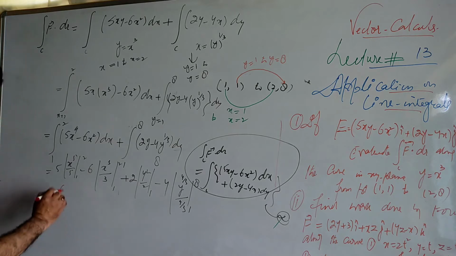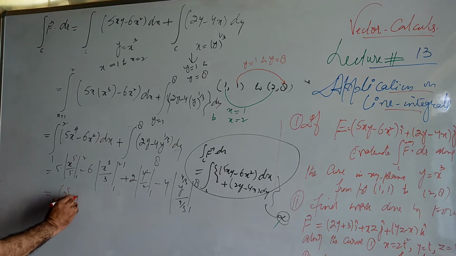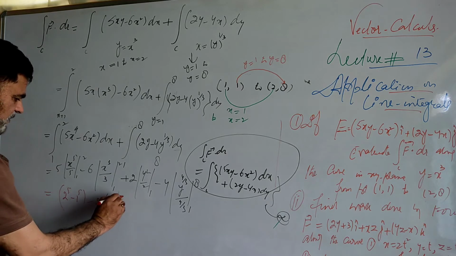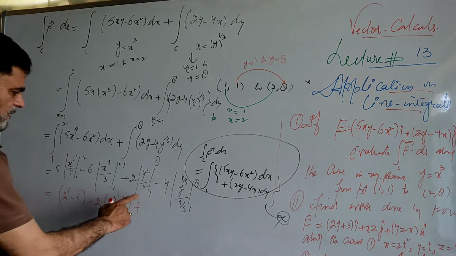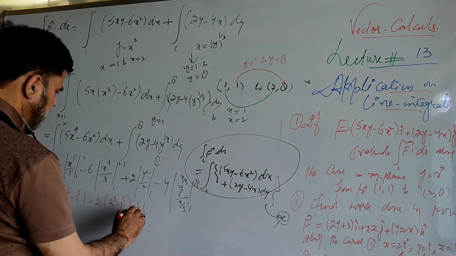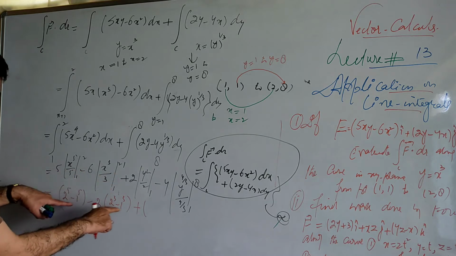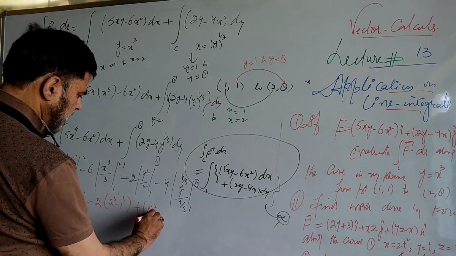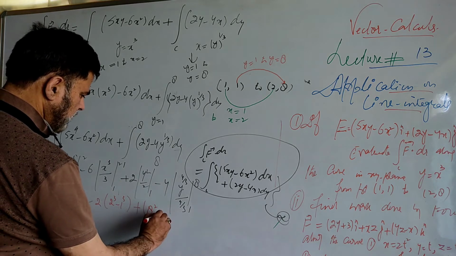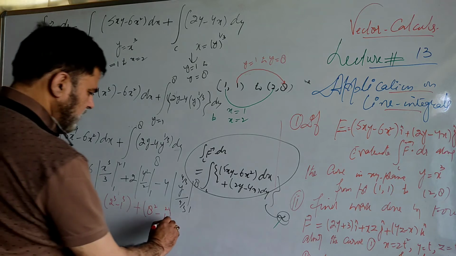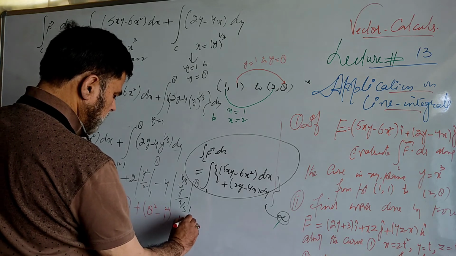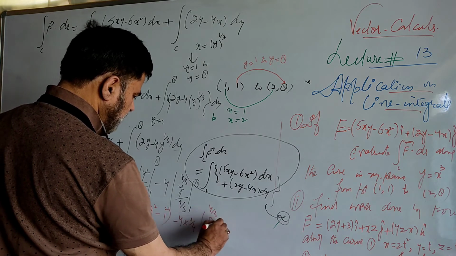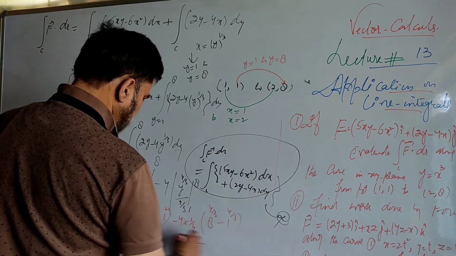This is your 2 raised to power 5 minus 1 raised to power 5 minus 2, it is 2 raised to power 3 minus 1 raised to power 3. This is for y, it is 8 to 2. Now for this we have 8 square minus 2 goes 1 raised power 1 square, this is minus 4 into 3 by 4. This is your 8 raised power 4 by 3 minus 1 raised power 4 by 3. We have to simplify this now.